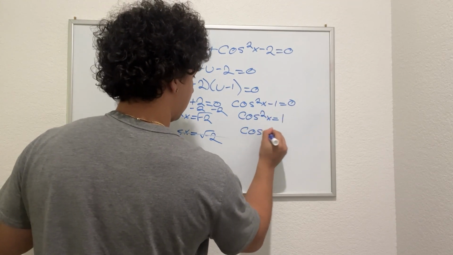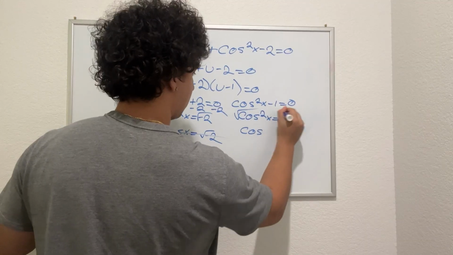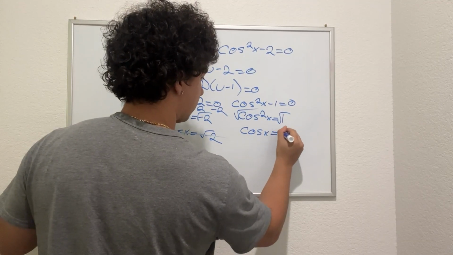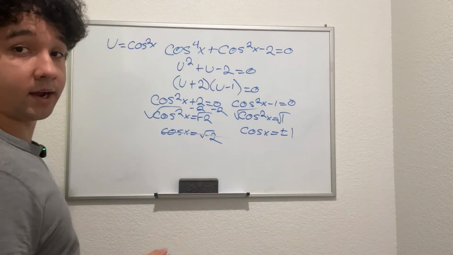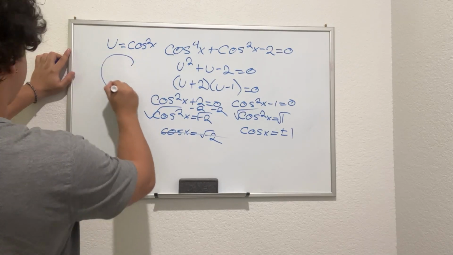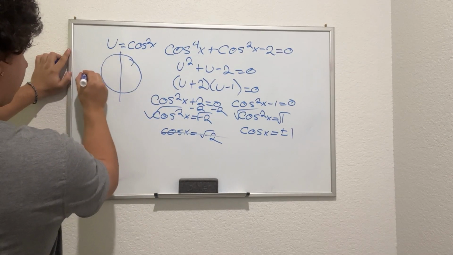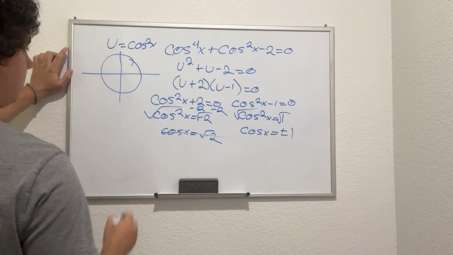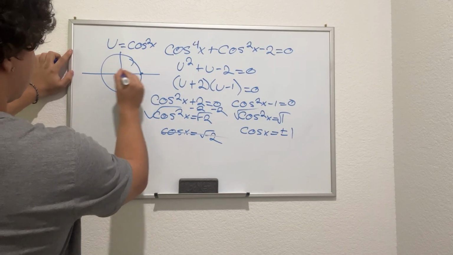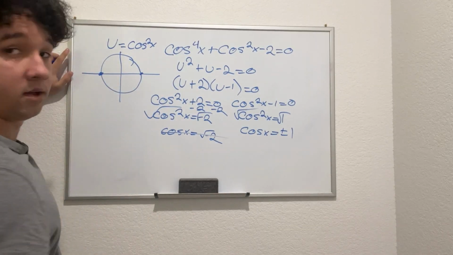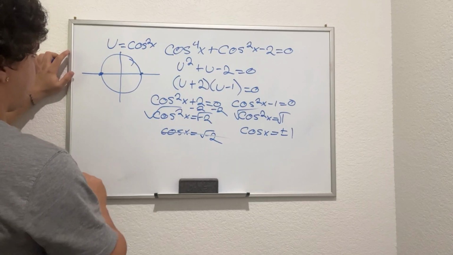So take the square root of both sides. Cosine of x is equal to plus or minus 1. So when is cosine x equal to plus or minus 1? It's when my x values are positive and negative 1. So that's going to be right here and right here. And essentially that's the same thing as